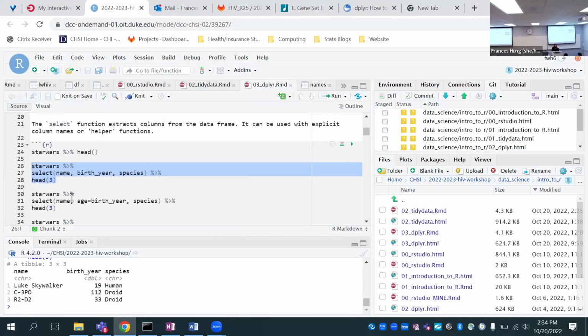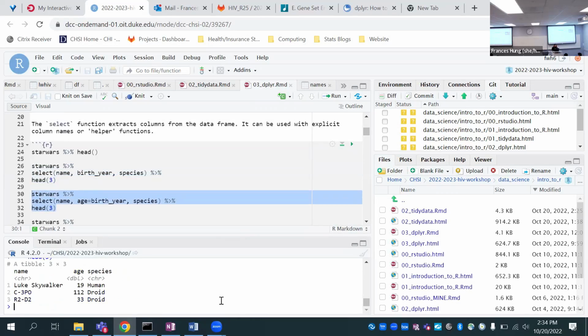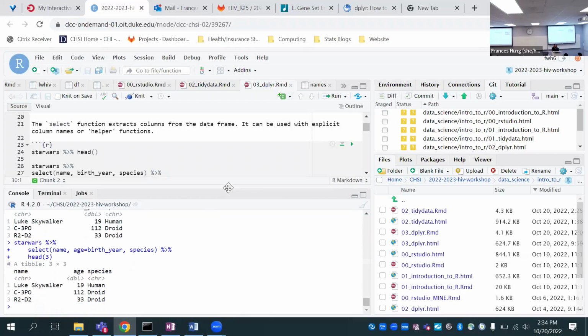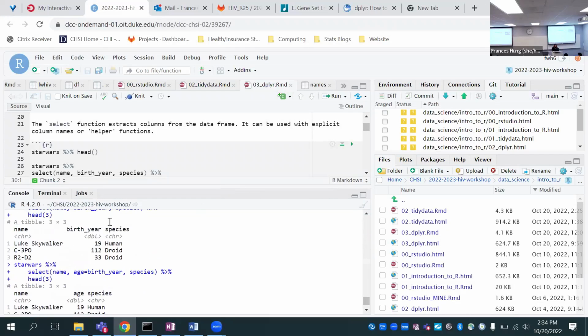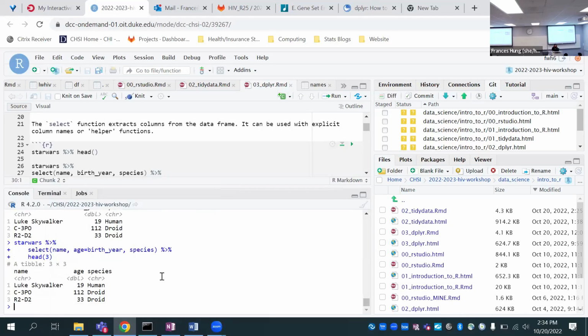Let's see what the next one does. The next one's almost the same, except we rename birth year to be age. So we can see now that before we had birth year, we now have the age column.